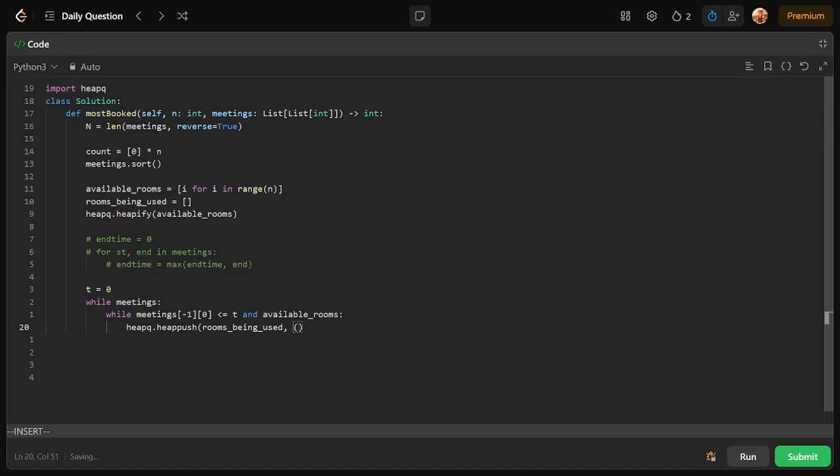So what do we push? Rooms being used. So we need the end time. Start, n is equal to x. Copy this out. Y. Paste that here. Okay, so